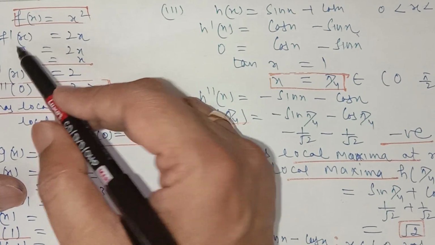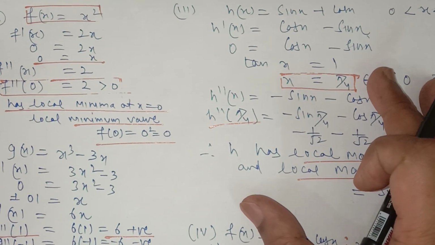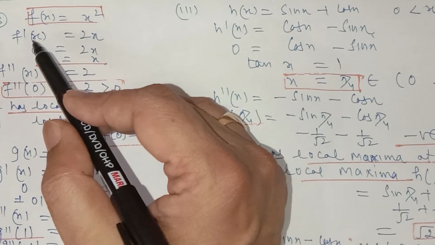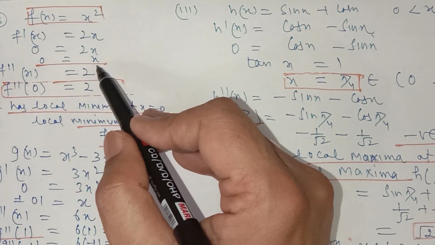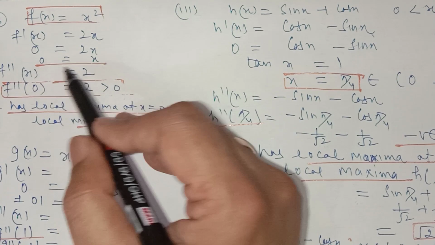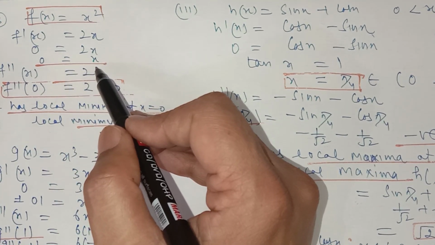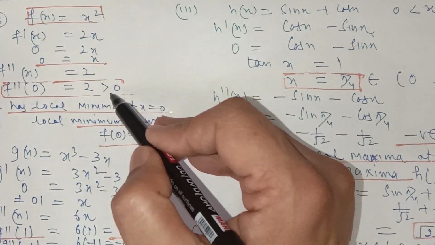Now we use the first derivative as well as the second derivative test to find the maximum minima value of the given function. So find the first derivative of this function, put it equal to 0, and find the critical point of this function, that is it is coming out to be x equal to 0. This is known as the critical point of this function. Now find its second derivative, which is coming out to be 2, which is greater than 0.